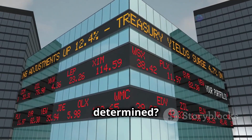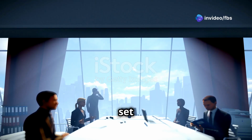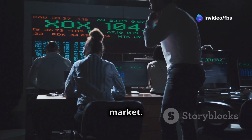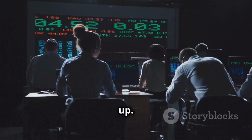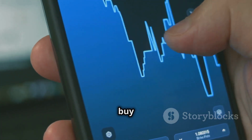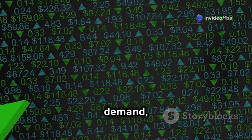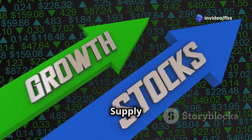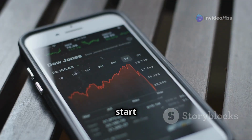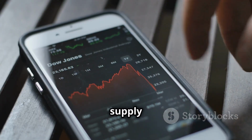How are stock prices determined? Stock prices aren't set by the companies themselves. Instead, they're determined by supply and demand in the market. Demand drives prices up. If a company announces a groundbreaking product, investors rush to buy its stock. This increases demand, driving up the price. Supply drives prices down. If investors lose confidence in a company, they start selling its shares, increasing supply and pushing